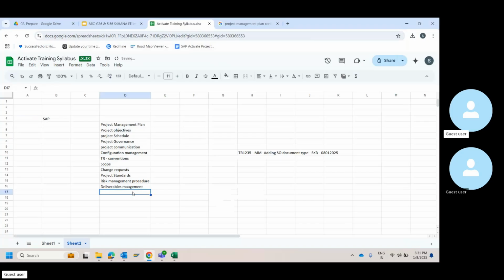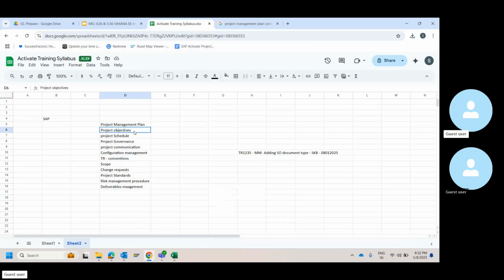How do you manage your deliverables? You have already prepared two things, right? Which is the approval authority matrix. If you remember, I was talking about it. So who will approve which document? Who is the delegation? What is their designation? For how many documents L1 approval will be there, for how many documents L2 will be there. All this structure, how you manage your deliverables, will also be part of this plan.